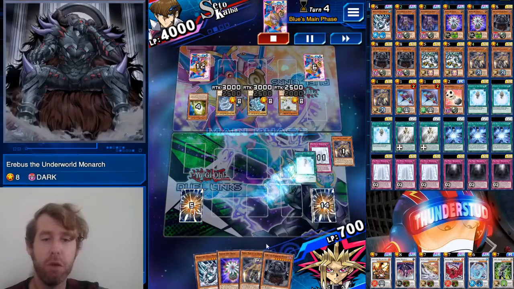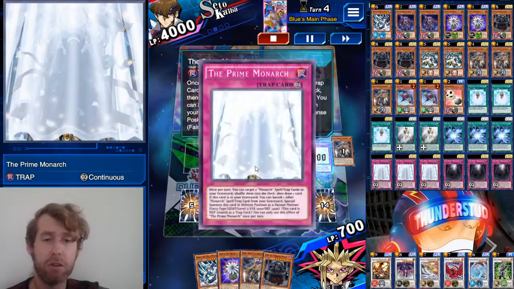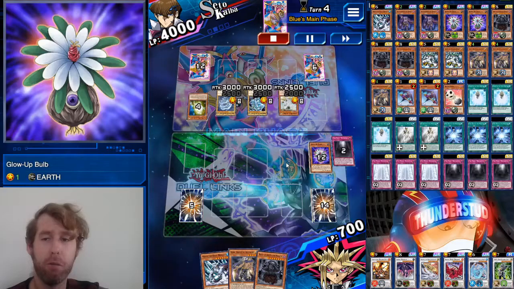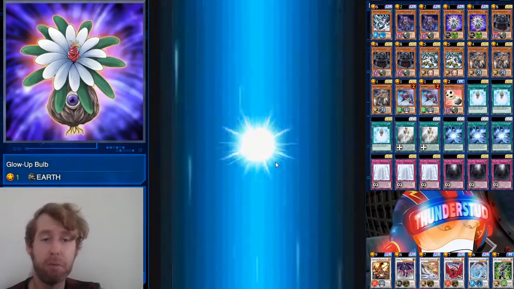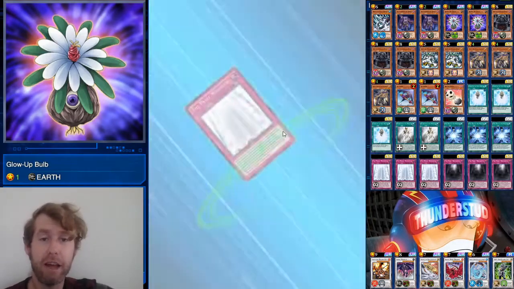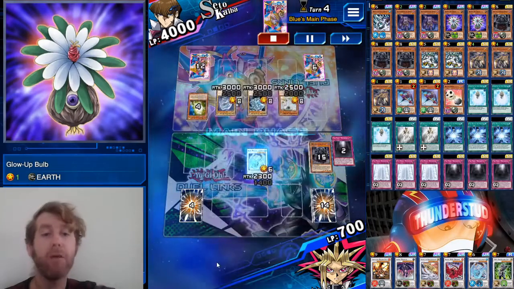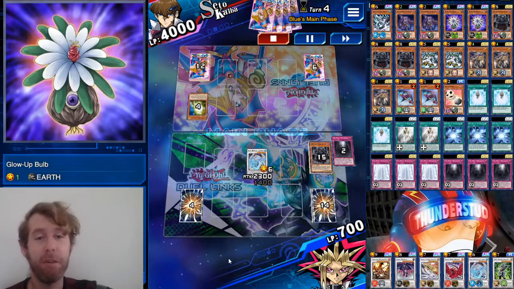Very, very useful. Two more to our hand. That triggers Prime Monarch's effect. We can banish a first Monarch, bring our boy out, normal summon a Glow Up Bulb, guys. Where am I going with this? You know exactly where we're going with this. Bryonic Dragon, guys. Throw away our entire hand to get rid of it,